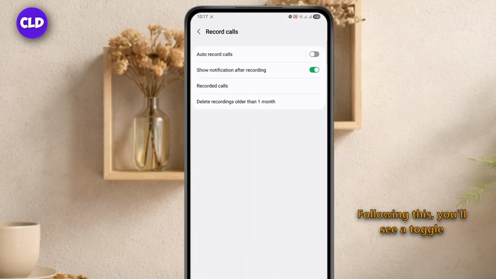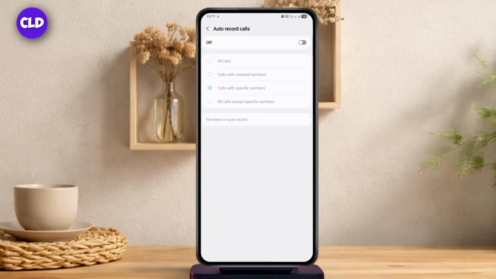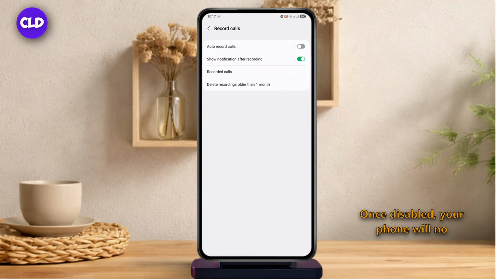Following this, you'll see a toggle for automatic call recording, along with any options for recording specific types of calls. From here, tap the toggle to turn automatic call recording off. Once disabled, your phone will no longer save recordings of incoming or outgoing calls unless you manually start one during